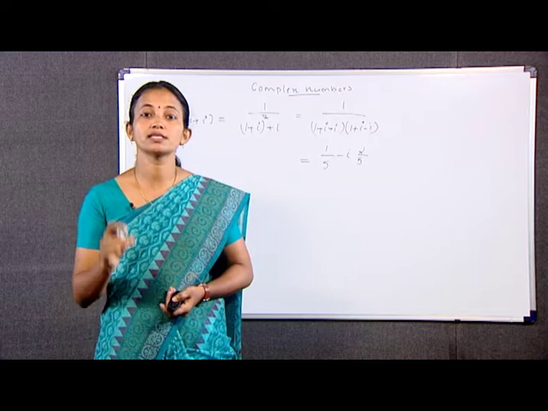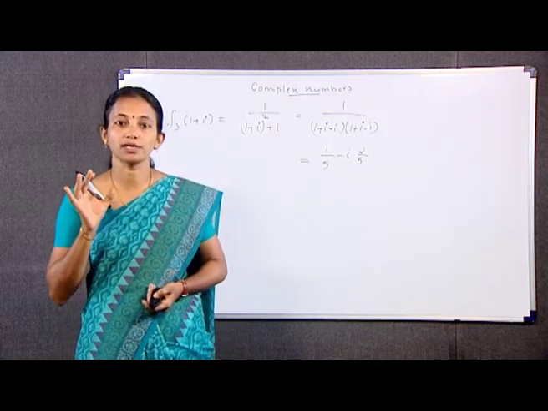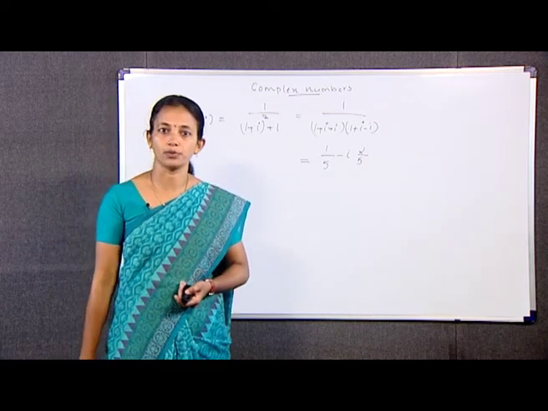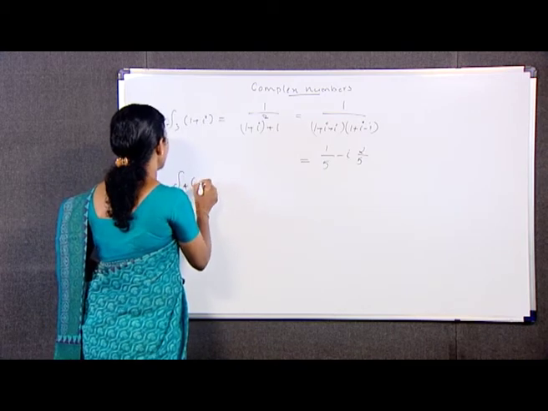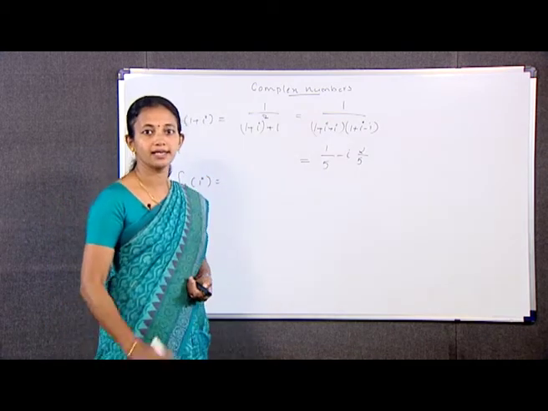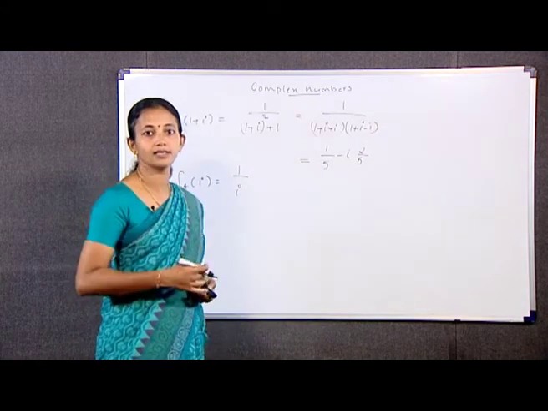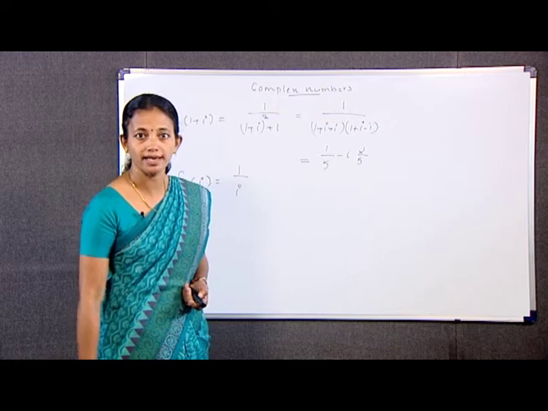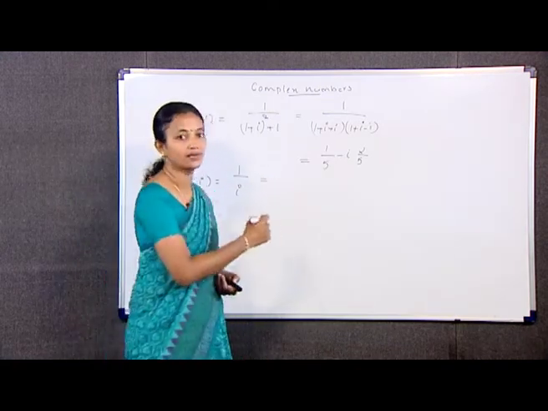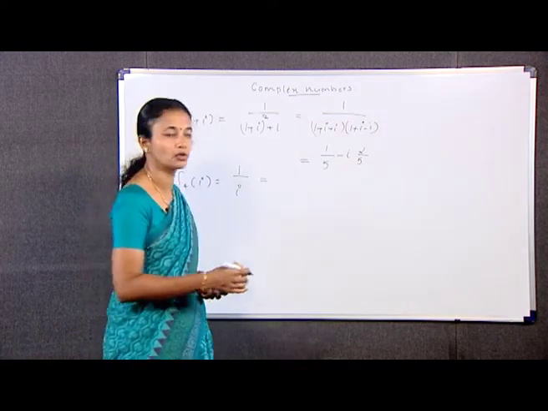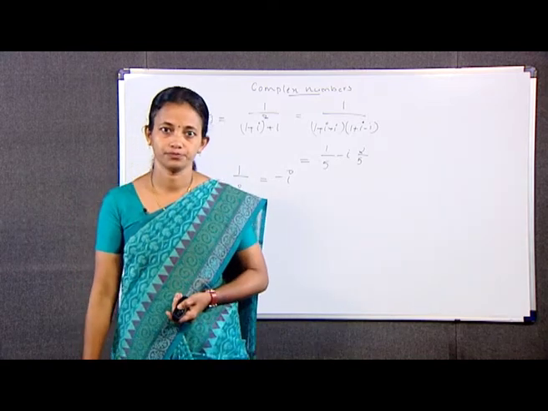That is, f4 of z equal to 1 by z is also a complex valued function of a complex variable z, since in particular f4 of i, which we can take as 1 by i, instead of z we are taking z equal to i, is equal to minus 1 by i into minus i, which we can write as 1 by i into minus i, which is equal to minus i. This is a complex number.